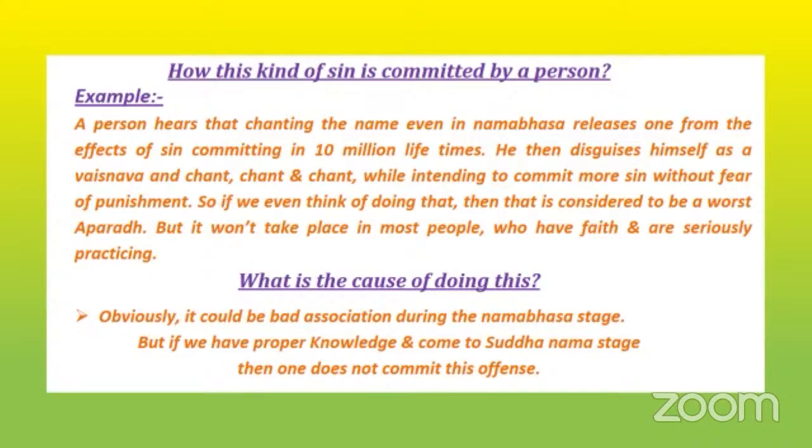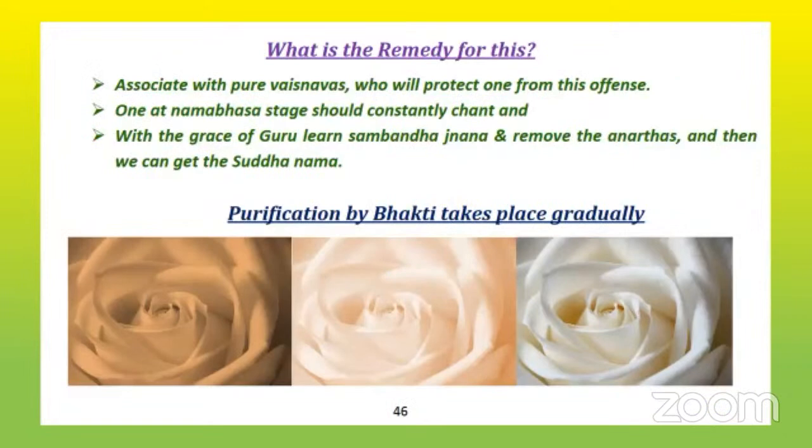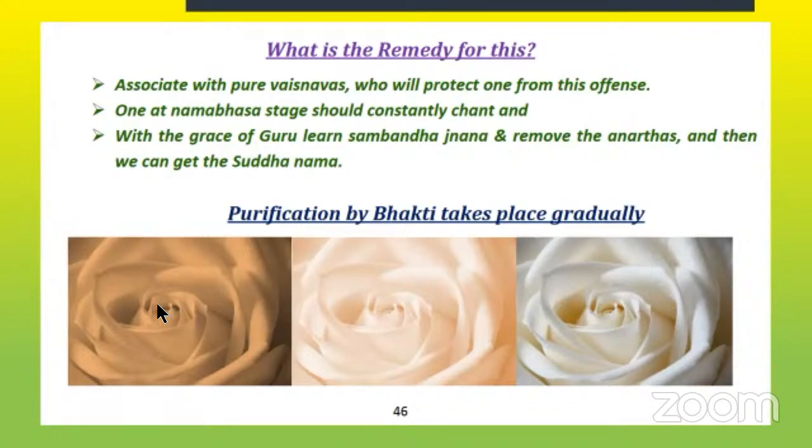So at one point we have to decide what to do to become a Vaishnava, Ye Vaishnava Achar. Vaishnava Achar means this is a lakshana of Vaishnava. Chaitanya Mahaprabhu says, then you are a Vaishnava. Otherwise you are not a Vaishnava. So the remedy is that purification has to take place. Bhakti takes place gradually. See the flowers Maharaj has given. This is dark color, this has a little bit of color change, and this is pure white.